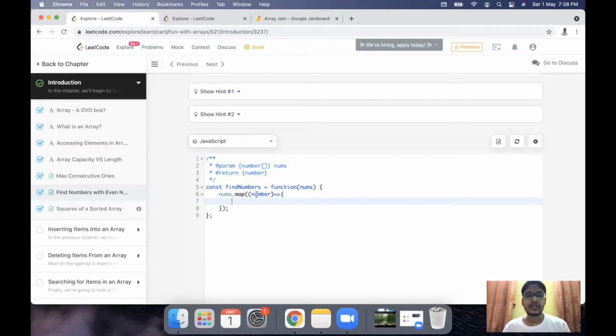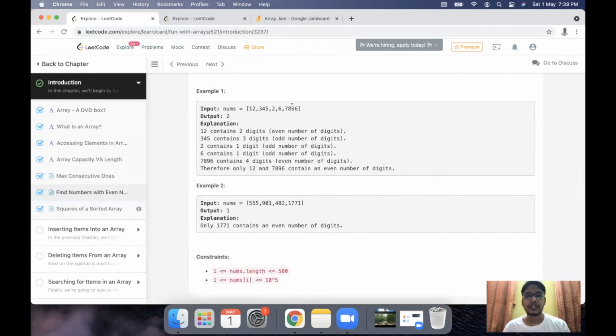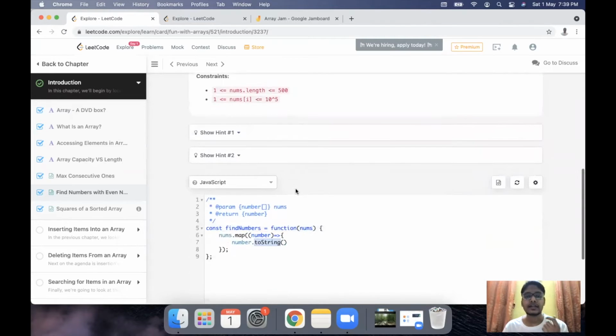So what we can do is we can convert this num to a string using the number dot toString method. This will allow me to recognize this number as a string or a collection of characters. The reason why I'm doing this is because if I have 789 like this, I will consider this not as a number but as a collection of characters which has a total length of 3, and I can then make a calculation on that length.